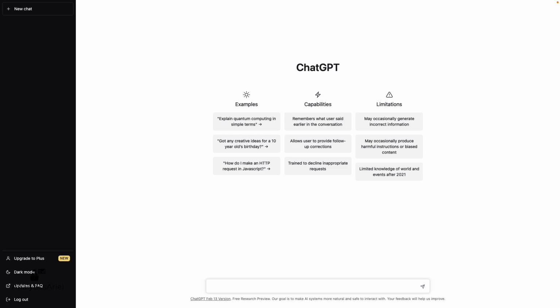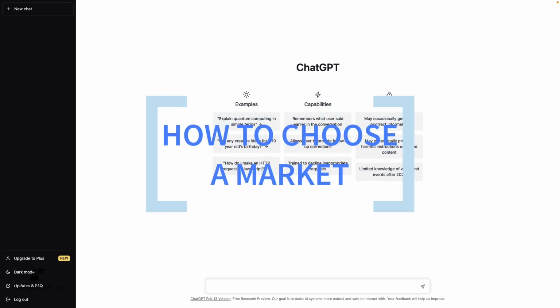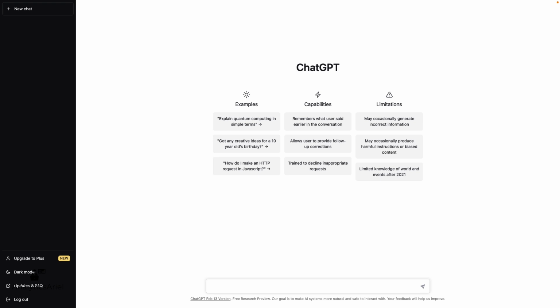One of the biggest questions newbie investors, as well as experienced investors looking for a new market have, is how do they actually decide on which market to invest in? Yes, you can invest in your backyard, but what if your city is too expensive and you're looking for greater cash flow returns? Well, we could use ChatGPT to ask particular questions to help narrow down on what market we want to invest in.